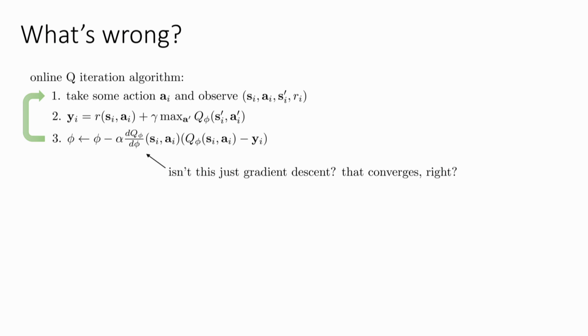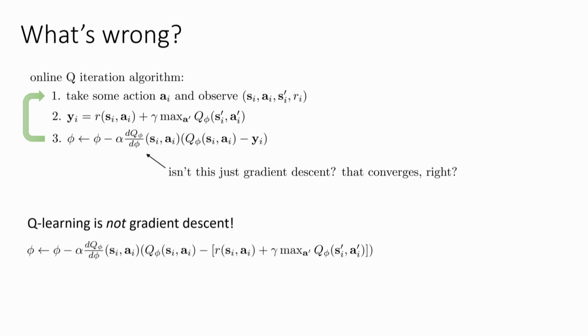This isn't really the derivative of the difference between Q phi and this full target value, because the target value itself depends on Q phi. So that means that Q phi kind of goes after the target, but the target keeps moving away from it. In fact, in practice, if you try to run Q-learning, for example, for homework 3, and you print out the loss function here, you'll actually see that the loss goes up. You'll actually see your agent getting better, the Q function will get better, you'll get higher rewards, but that loss will go up. And in supervised learning land, this will be really bizarre, but in Q-learning land, this is actually perfectly normal. So Q-learning is not gradient descent.